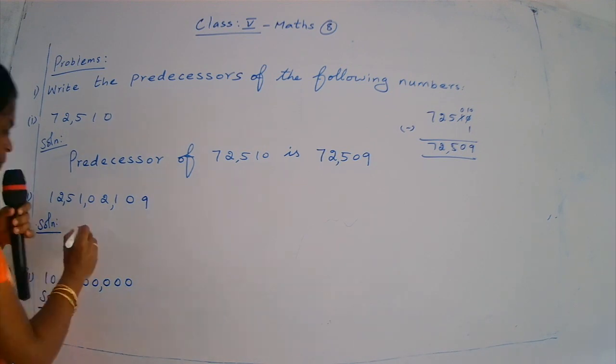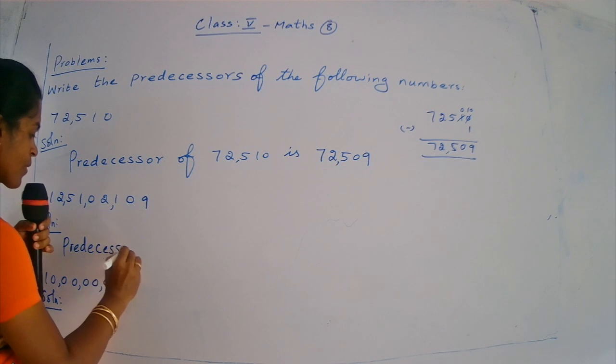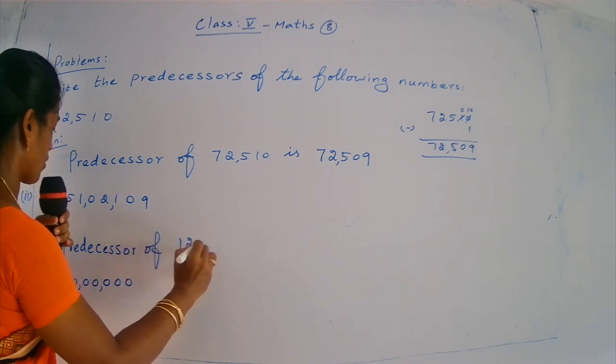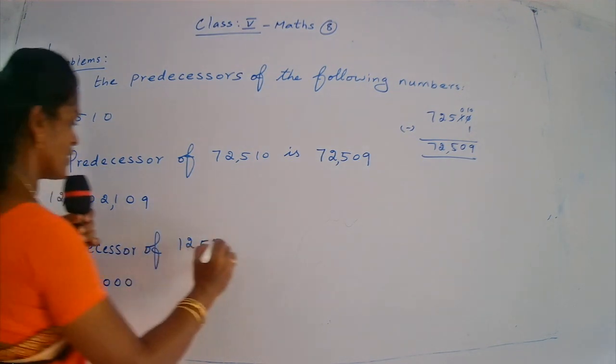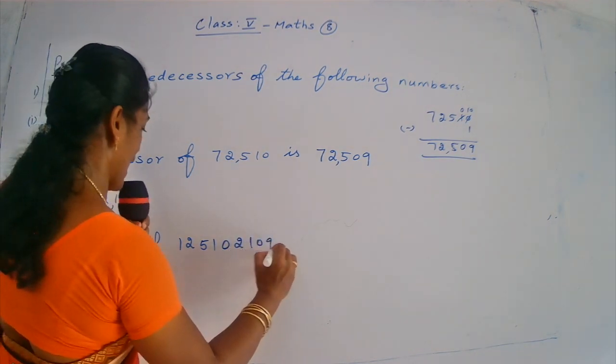Predecessor. Okay. So predecessor of 12 crore 51 lakh 2,109 is